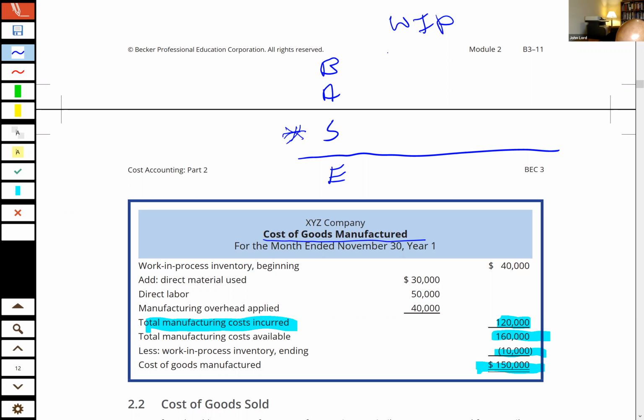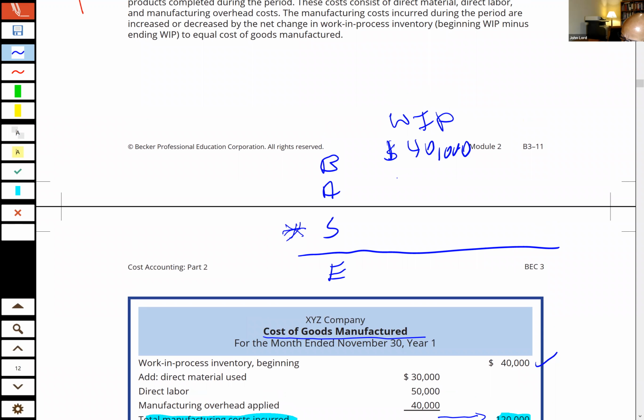So if I have a problem and they're asking me to calculate the cost of goods manufactured, then they would have to give me the beginning work in process. They would have to, and they might call it out as the total manufacturing cost, or they might call it out by element of manufacturing costs, which you know is my direct labor, my direct material, my manufacturing overhead. I'm just going to go with the total. The total here is 120,000, right? That's what they added for the period. Okay. Now, I always like to give myself a little subtotal in there.